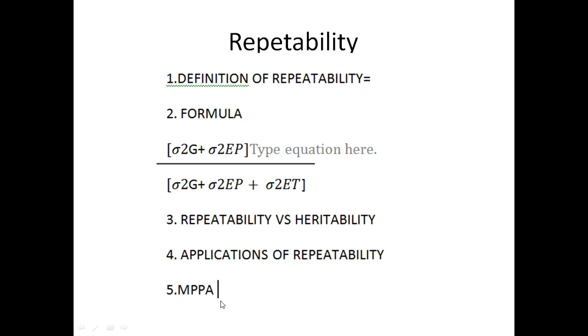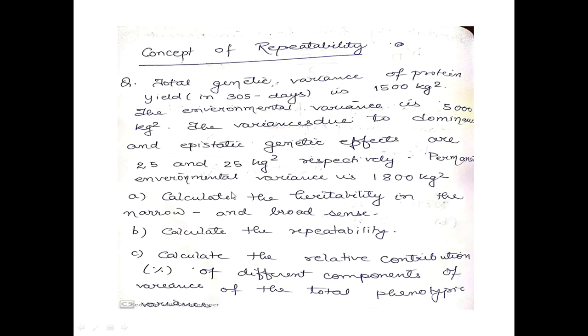Means that, suppose I don't want to wait for 6th lactation yield and I want to know what exactly will be the 6th lactation yield approximately, or the producing ability of that animal at that stage, we can predict it with the help of repeatability. Now this repeatability is also calculated like heritability by calculating its various components, or it can also be calculated by correlation, regression, or by the ANOVA method.